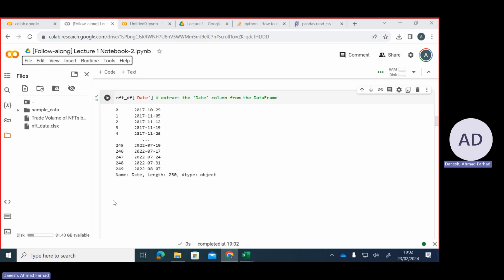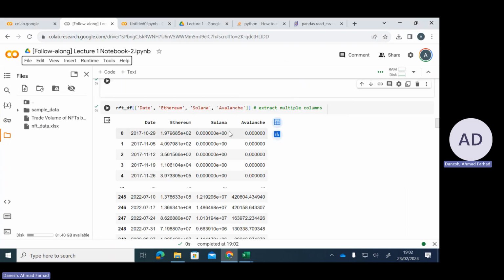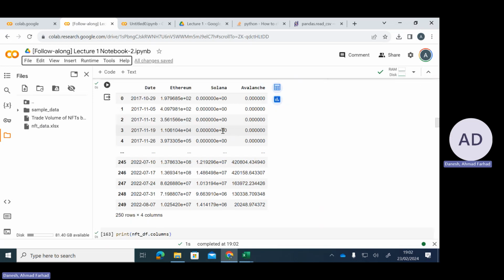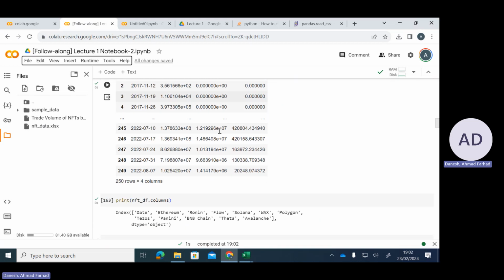So as you saw here, just before I rush away, we've got the data frame, and I've asked it, can you just give me the date and 3 different coins that I'm looking at, and it's provided me with that information. I've just realised as well that it's run all the code already. And if I've asked it just to print me the column names, then all I do is nft df